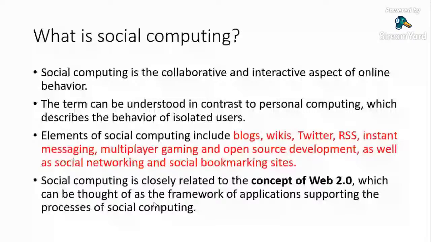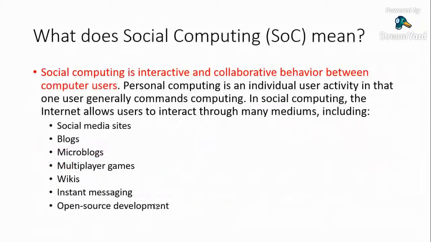So that is closely related to the concept of Web 2.0, where earlier the Web was just dissemination of information, static, a library kind of experience, with one-way communication. But with the emergence of Web 2.0, there was two-way communication, and in Web 3.0, user-generated content is more and more prevalent. So Web 2.0 and Web 3.0 mainly emphasize social computing and the semantic web. So what does it mean?